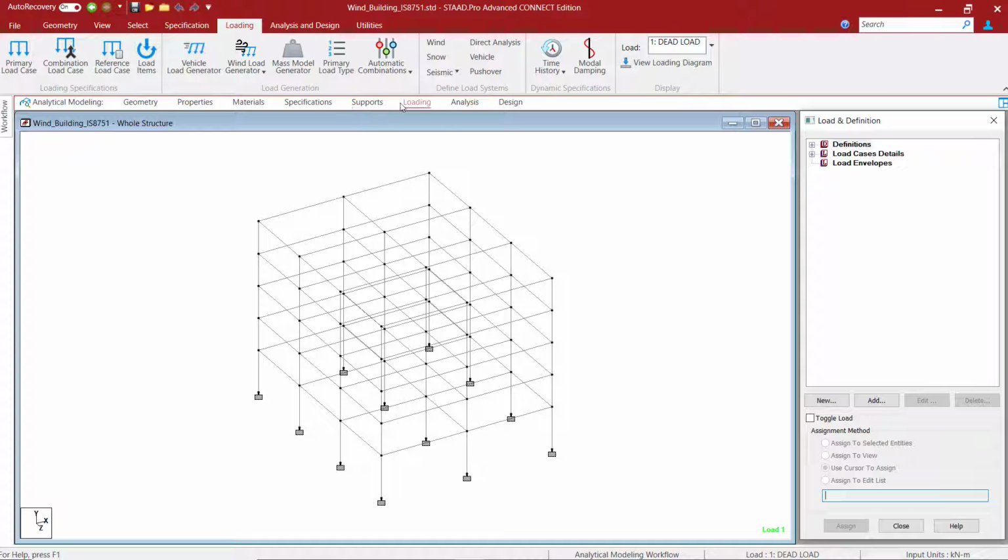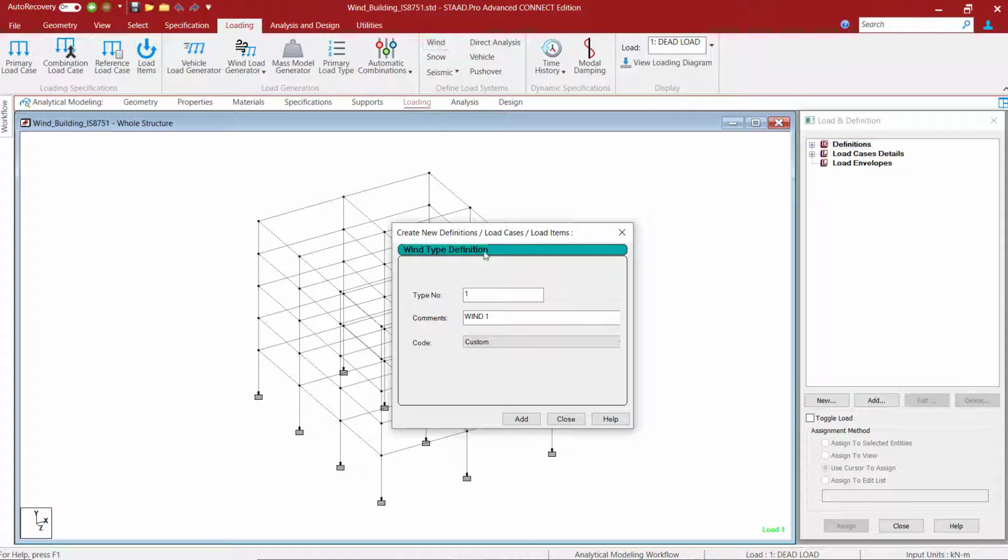Let's look at the first option, that is the define wind load. The same option is also available under the definitions on the right hand side. Now I want to generate the wind load along the x direction at the windward face of the structure. So let's select the wind option here, and for type 1 I'll be creating a wind along the x direction for the windward face of the building. So I'll enter the command as